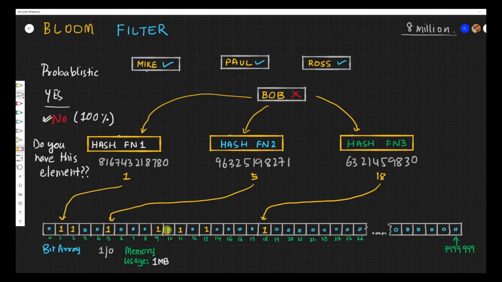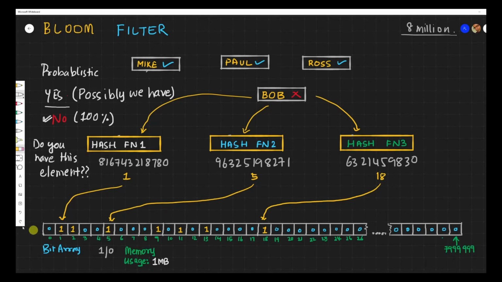And when we saw that 0, it meant that that bit was never touched. That means that hash value was never found, or we have not encountered a hash function which has produced that value, after we modded with the 7999 and we never got that value. We never touched that index, right? And when we say yes, we have this value, we say over here that possibly we have that value. We cannot guarantee it. So over here in case of Bob, it is telling that possibly we have this value, it might not be.